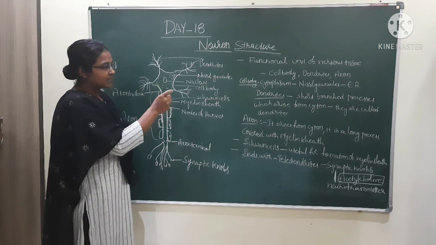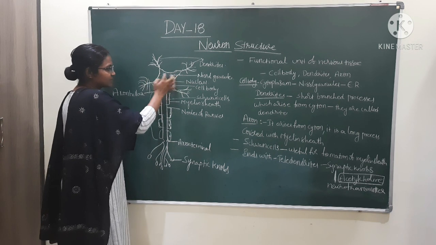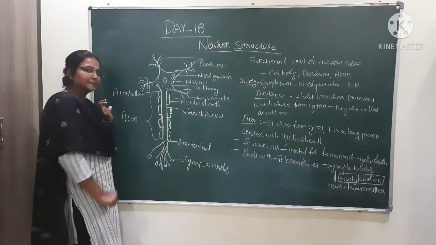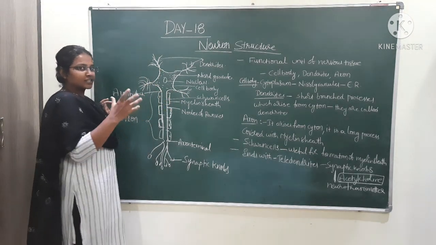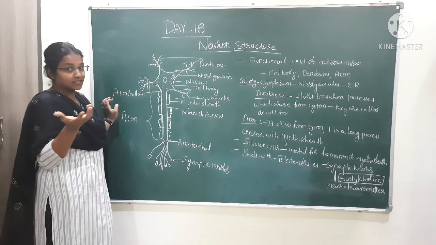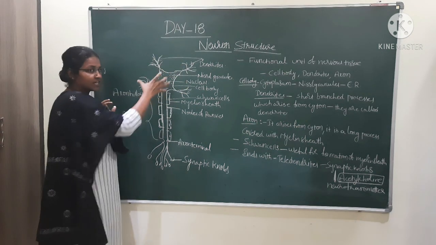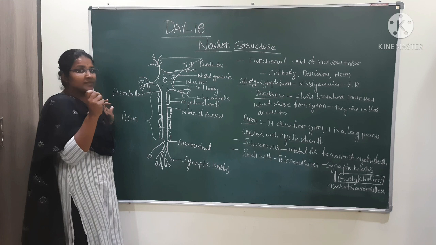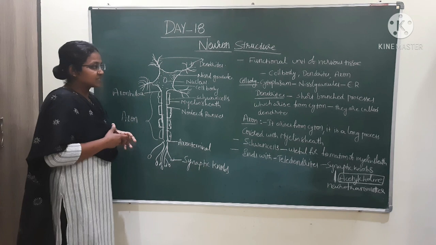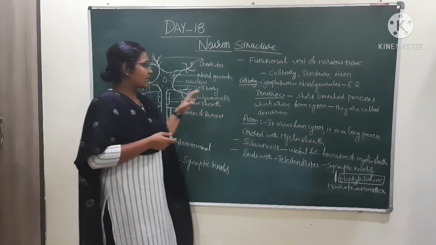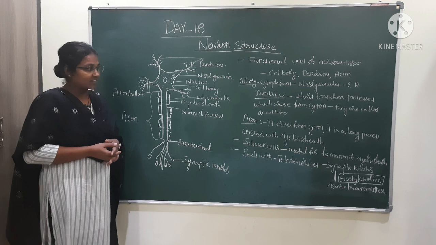For example, take the dendrites. These are all the dendrites. These are the branched processes which arise from the cell body. They are useful for connections from one neuron to another neuron. So there is a neuron, and another neuron which is connected with it. There is a formation of a gap that is called the synaptic junction, and that is called the synapse. Dendrites are the short branched processes which arise from the cell body, from the cyton. They are called the dendrites.